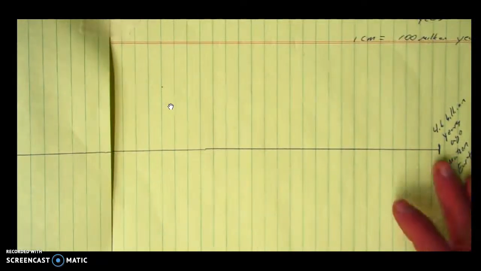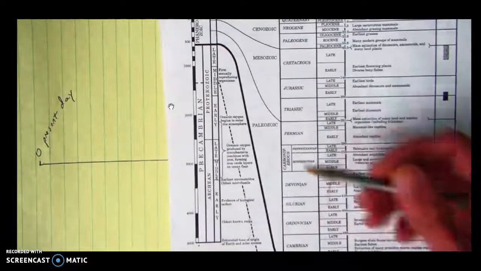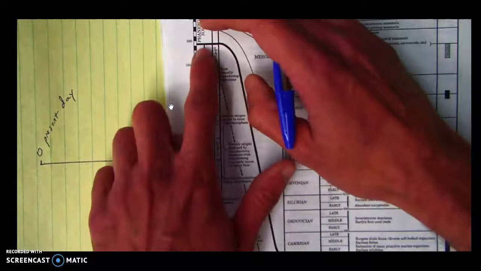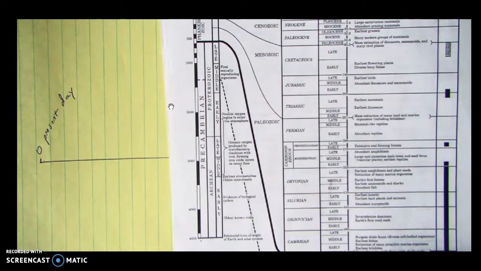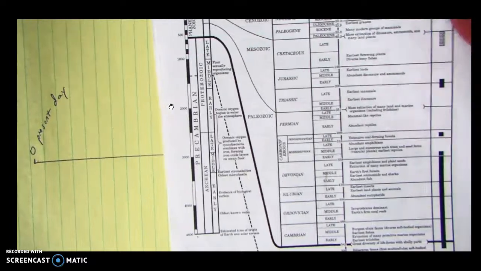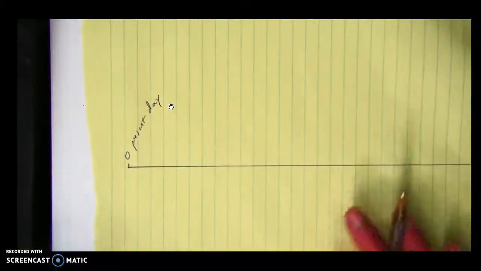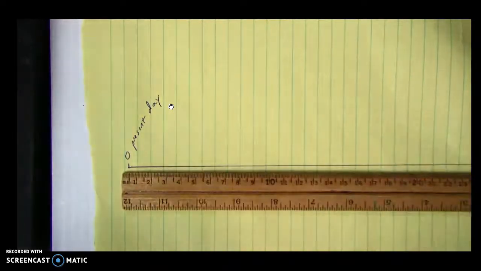Anyway, age of the Earth, 4.6 billion years ago. Other end of the timeline, 0, present day. We are taking a look at page 8 on the reference table and looking at the Phanerozoic over here. And all of this time fits in the Phanerozoic. The Cambrian period begins at 542 million years ago, which means that to plot the start of the Cambrian period on my timeline, we're going to go from 0, present day, back the equivalent of 542 million years ago,